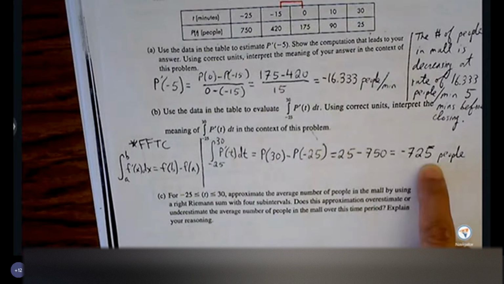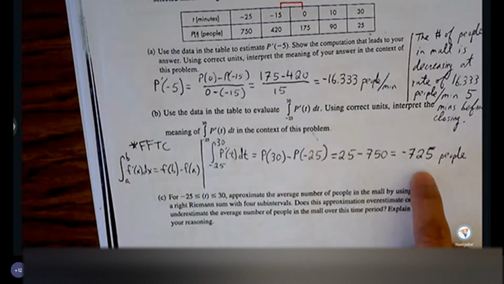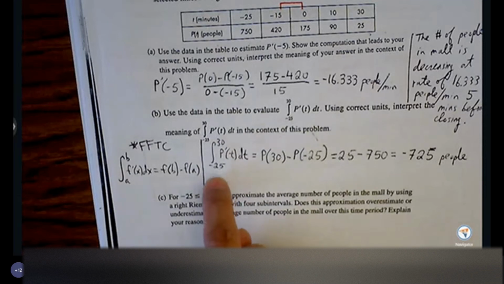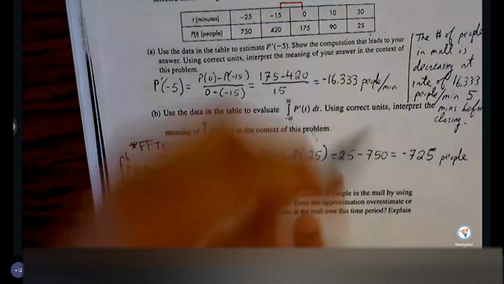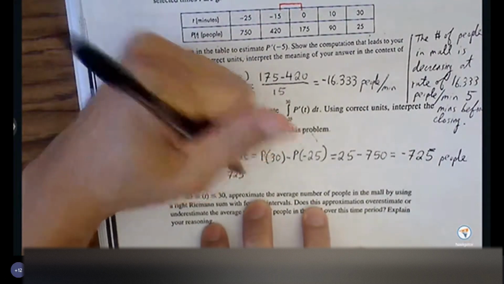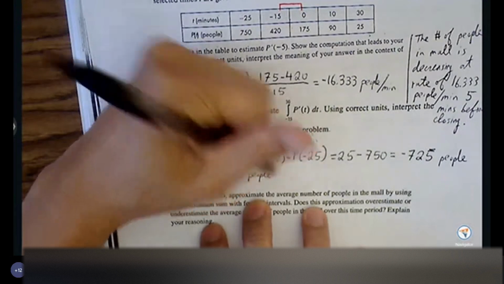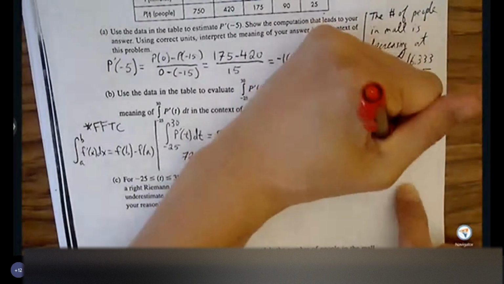So this number indicates that 720 people have left in the time period between 25 minutes before closing and 30 minutes after closing. So all in all, this is